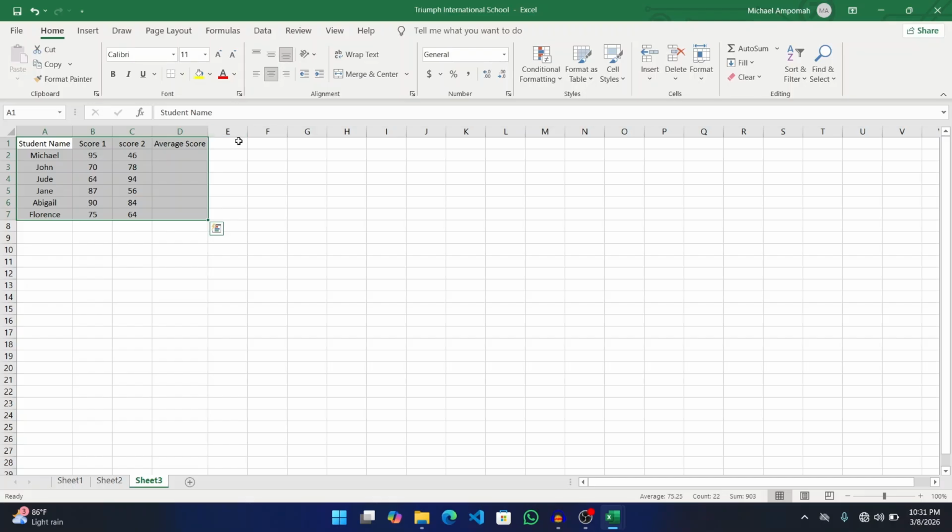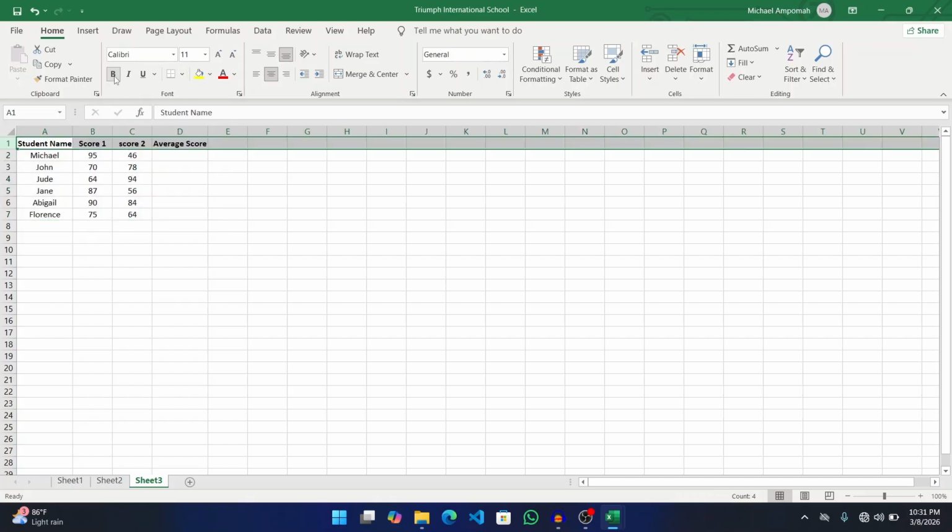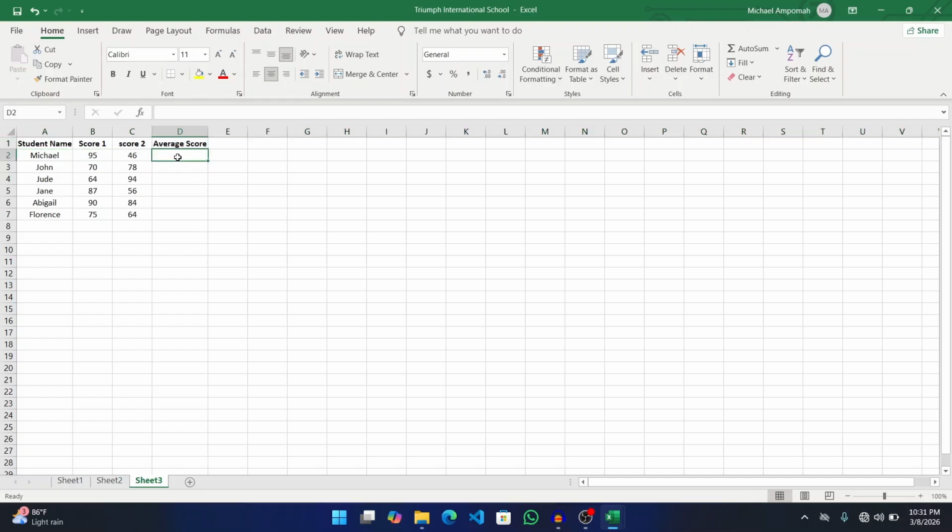Align center. And then let me select everything on the first row. Let me make it bold. Okay, so that's nice. So this is called a student score sheet, right? Every student has his scores, score 1, score 2, and then this column is for the average